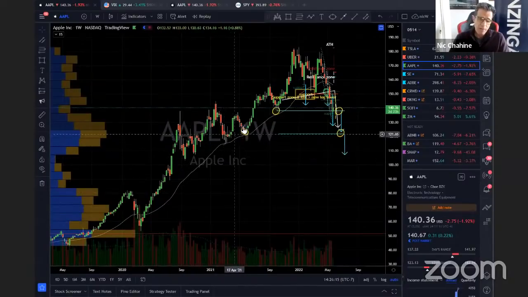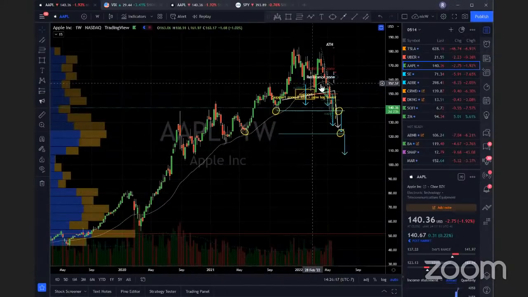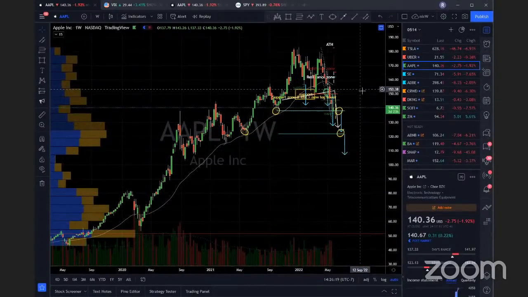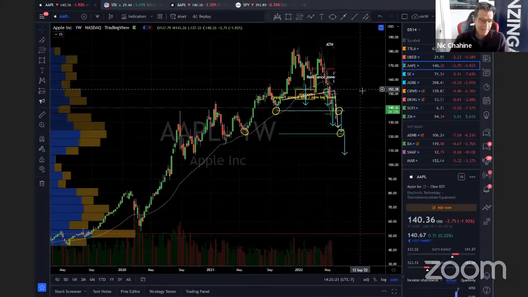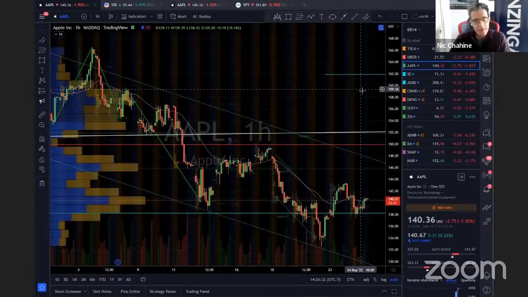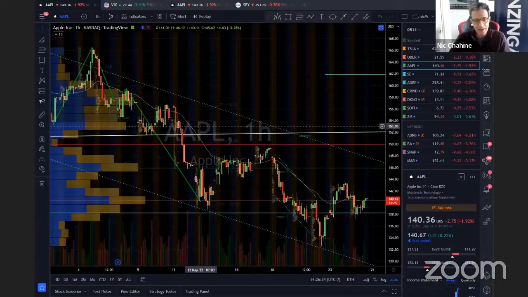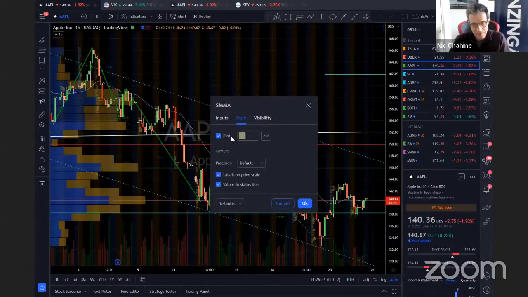Every approach of the line will be bought. And then the line goes sideways. If you learn anything today, pick that up and use it in your life. This works on any time frame you want. And I mean it. Here's the 1 hour time frame. Where is it? It's a descending line. This is why I had it on 25. It's too close, 20.